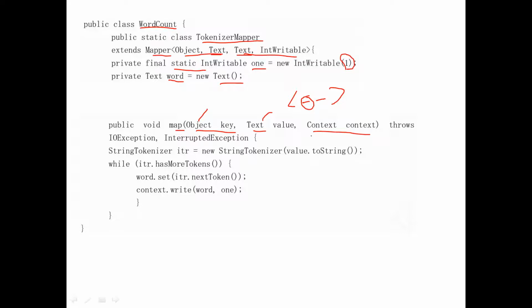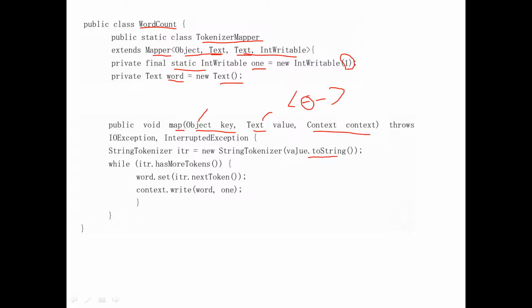Output is nothing but the output of the next stage. Might be it will be a combiner stage, or it will be the reducer stage. So that will be stored into context, and it will be given to the next stage. Okay, now some input output exception will be handled. Also interrupted exception will also be handled. Then we are initializing ITR, where your value will be changed into string, meaning convert whatever is there in this value into string format.